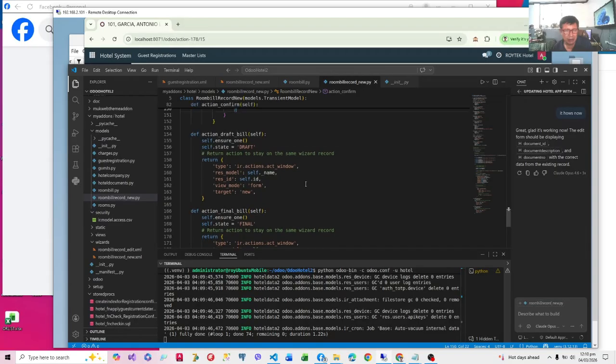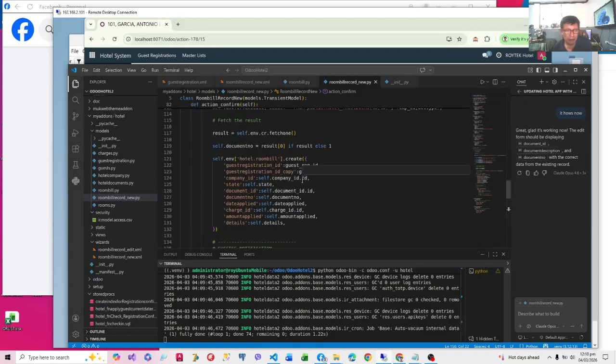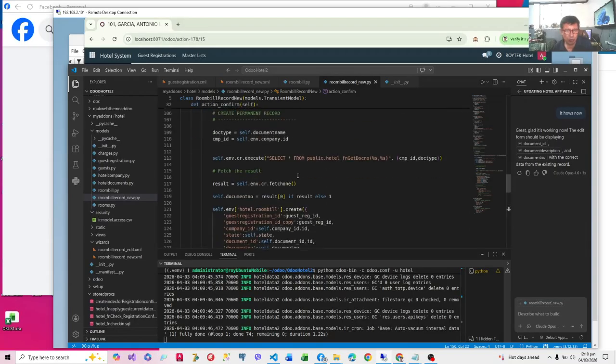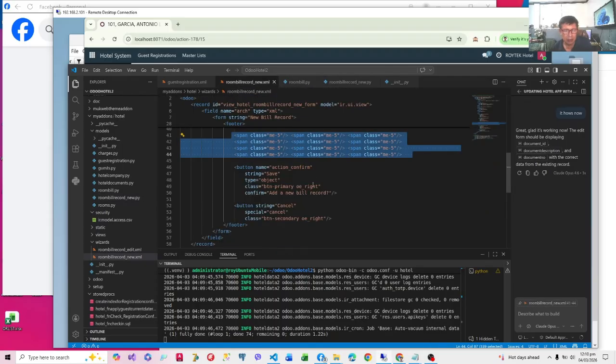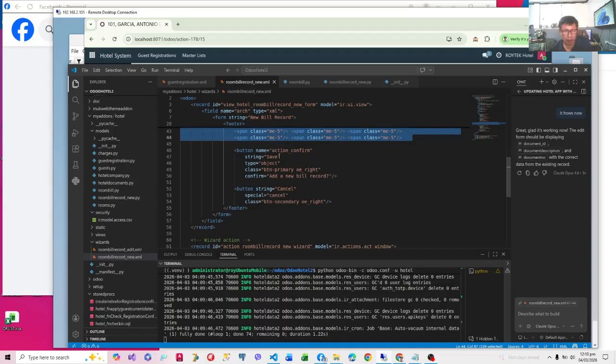This is the one, the confirm. It will copy the record from the transient model to the permanent model once the save button is pressed, so we have the confirm button labeled save. And then the cancel, there's no action, so it will just close the wizard, the form.